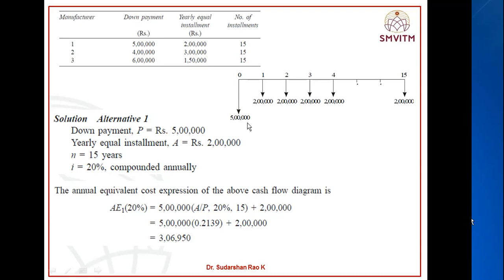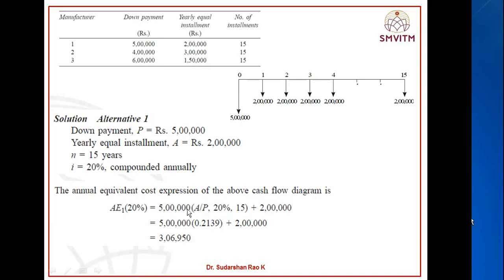The present worth should be converted to the annual worth, the annuity. The down payment is 5 lakh rupees, while the 2 lakh rupees is already an annuity. So we have to add these. All these are costs, therefore you can consider the positive sign only. Down payment 5 lakh rupees, yearly installment 2 lakh, 15 years, 20%. So the annual equivalent cost of this cash flow is 5 lakh